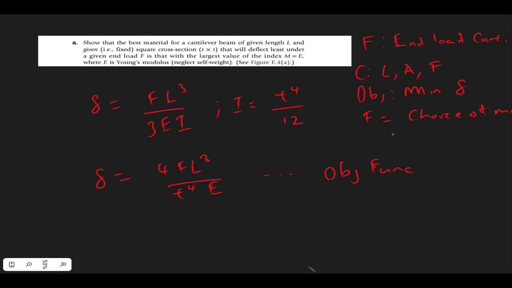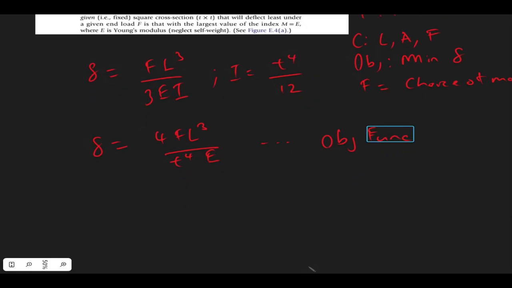And since you don't have a free variable to eliminate, you now jump to the last step, which is to divide the objective function into functional constraint, geometric constraint, and material property. So first, let us write out the material property. The material property is E. That's the only thing that is a material property. Force is not a material property, length is not, and thickness is not. So our material property is 1 over E, times